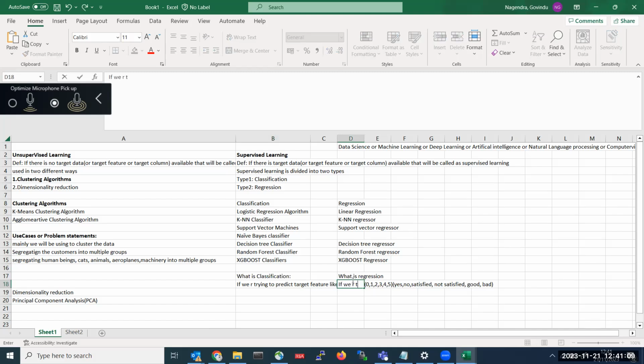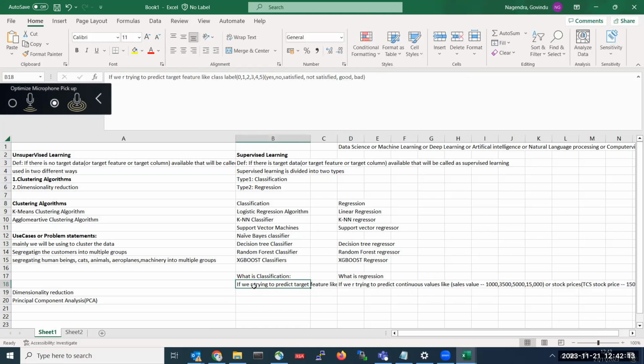In the same scenario, if you are trying to predict continuous values, like sales values, 100,000, 3,500, 5,000, 15,000, or stock prices, for example, if you take the TCS stock price, like 1,500, 1,550, 1,540, 1,650, 1,780, like this.